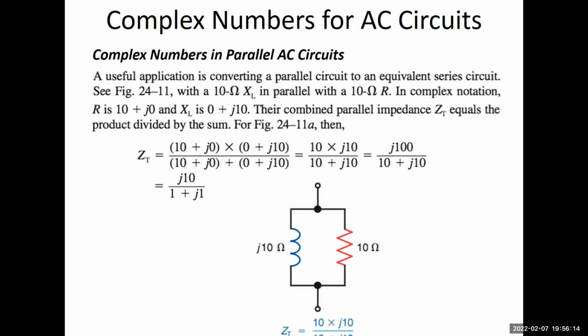Okay. So this is now how you apply complex numbers in parallel AC circuits. Now to find the total impedance, again, we make use of the product over sum method. So the total impedance now would be equal to 10 times J10, over 10 plus